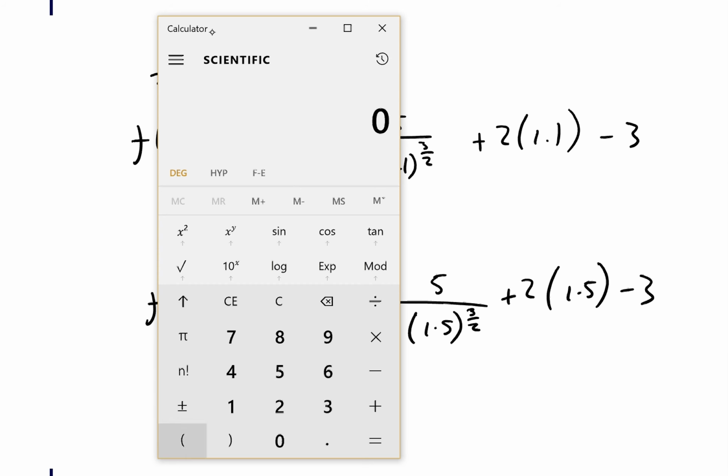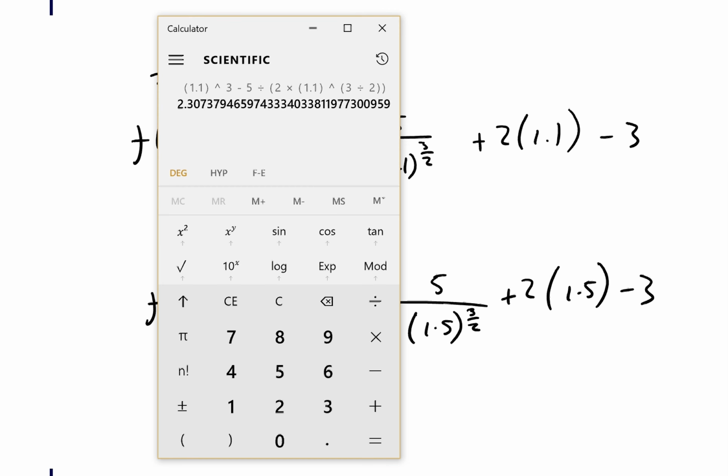So we do open brackets 1.1, close brackets, to the power of 3, minus. Then we do 5 divided by, and we want it all to be divided by, not just the 2. So open brackets 2 times, open another bracket because we're going to sub in 1.1, close brackets, to the power of 3 over 2, so open power brackets to do the power 3 divided by 2, close the brackets,